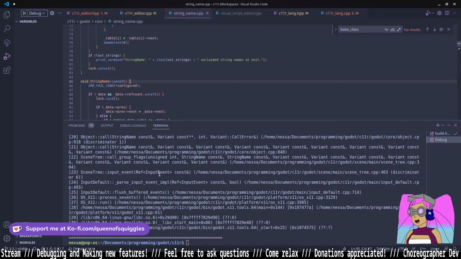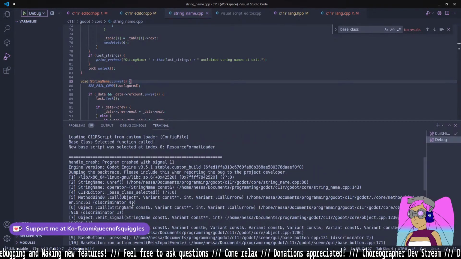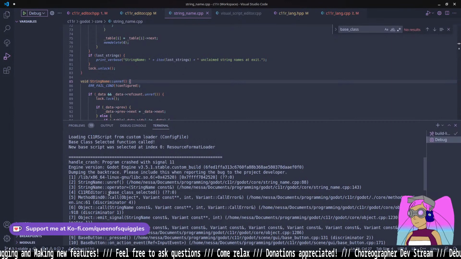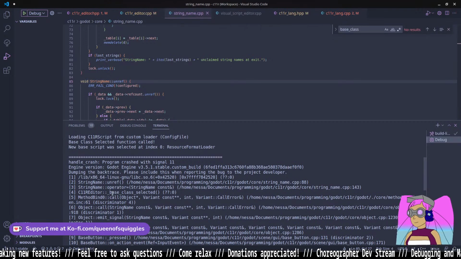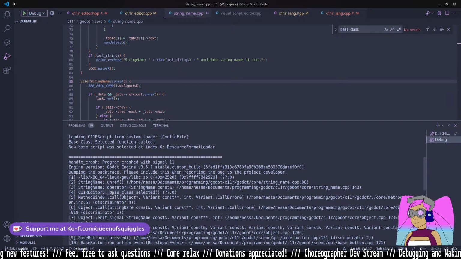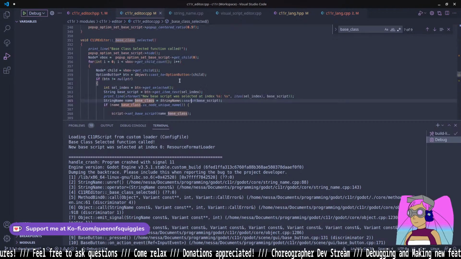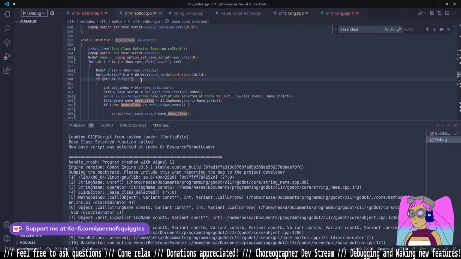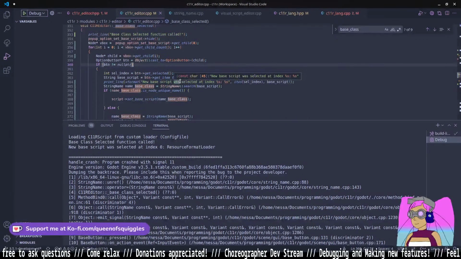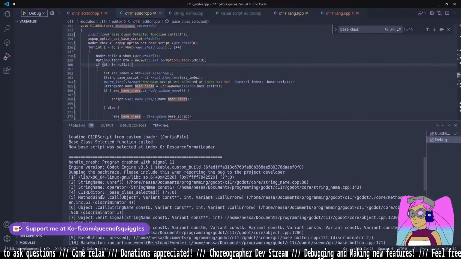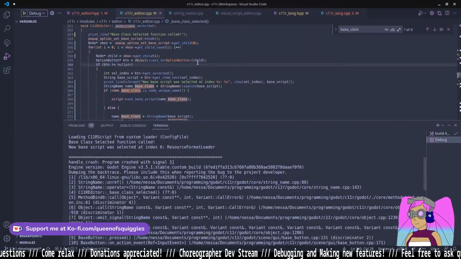Okay. Oh, and it's an equals in here, so